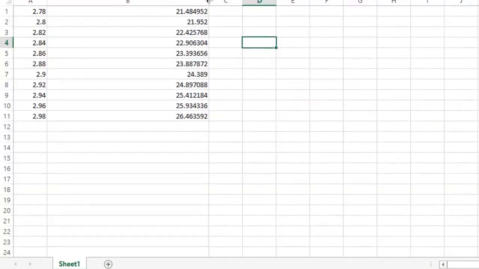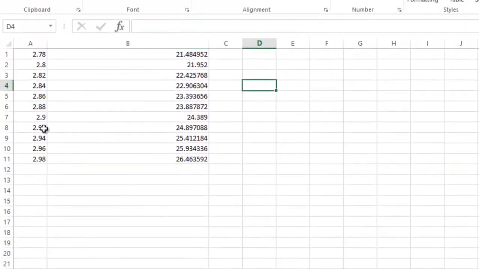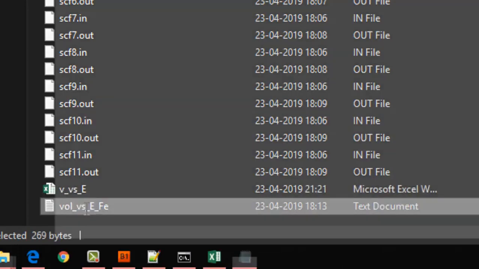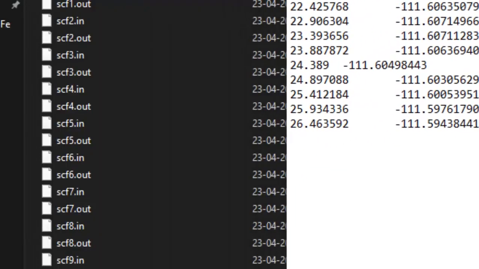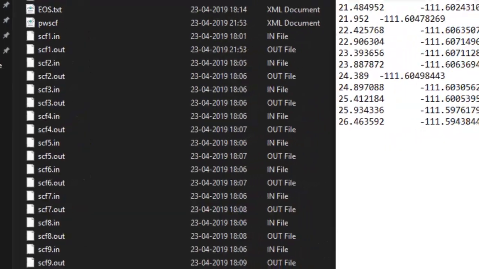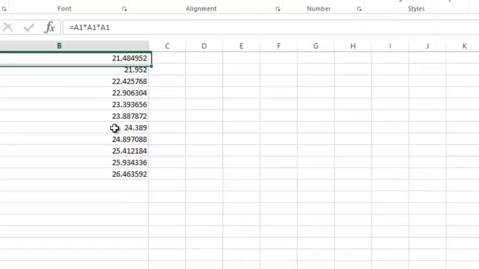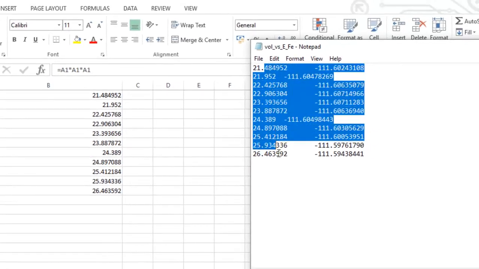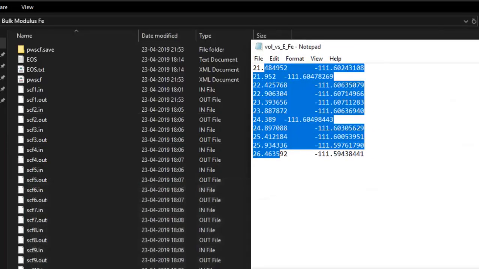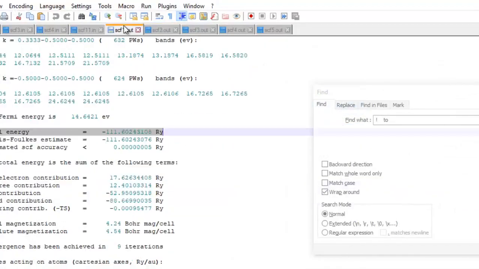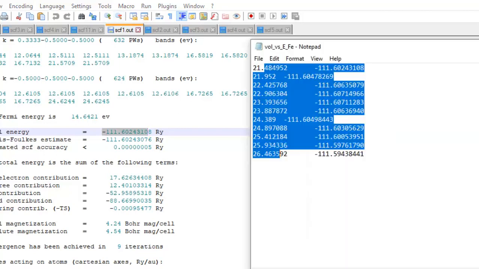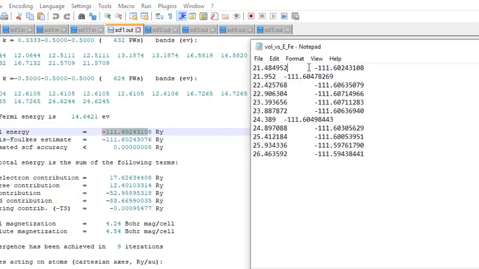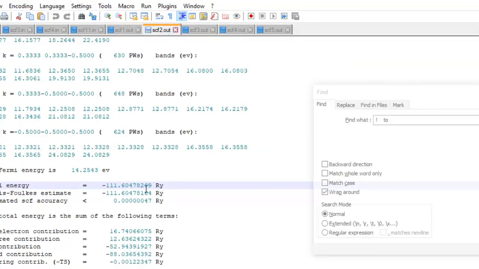I used Excel because it was pretty easy to get the volumes in a single step. And then just open your favorite notepad or text editor, and copy all these volumes in this row. So here I have copied all those volumes, that is the first column is of the volume, and then you will have to note down the energies. So this was the first energy, SCF1.out, and then copy it into this file. So just provide a tab and then copy that. Similarly from SCF2,